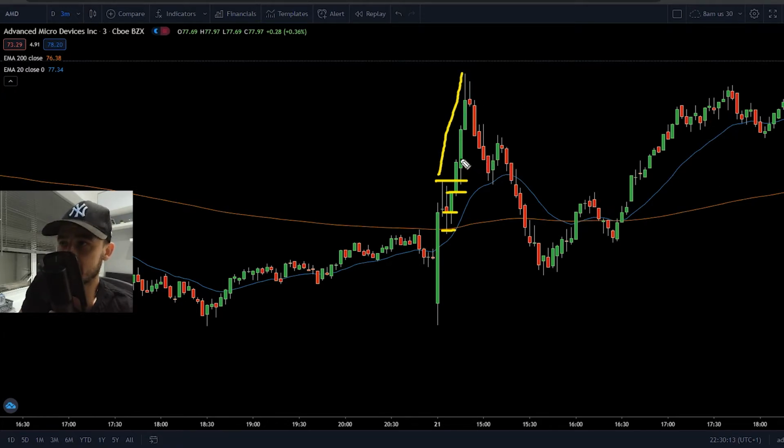You could have entered in here, you could have entered above these highs, and look at this push up, guys. Right, a 1.5. A 1.5. Okay, so you look at your risk to reward, guys. Risk 50 cents to make a 1.5. Okay, that's 3 to 1 risk to reward right there